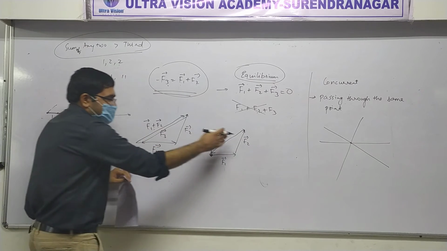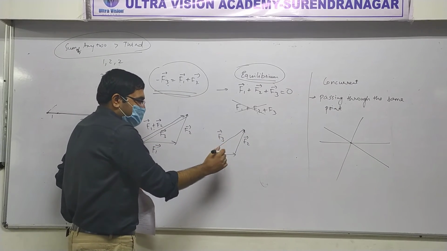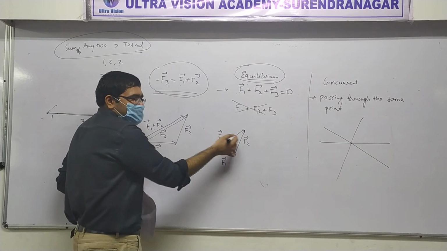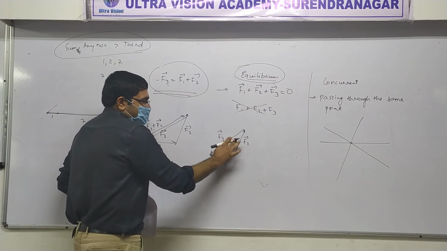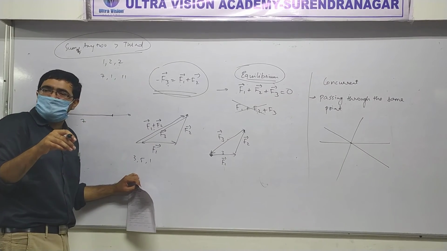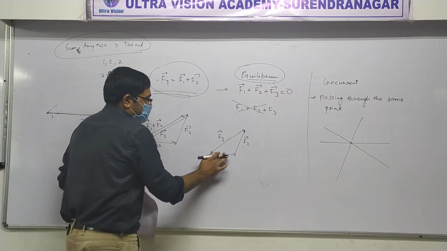Because these are three sides of a triangle. So if the sides are 3, 5 and 1, it's impossible. It cannot happen, because if one side is 3 and another is 5, the third side cannot be 1. Going around would not give a shorter distance. Think about it. Okay, next.